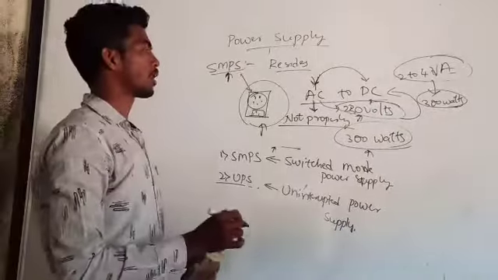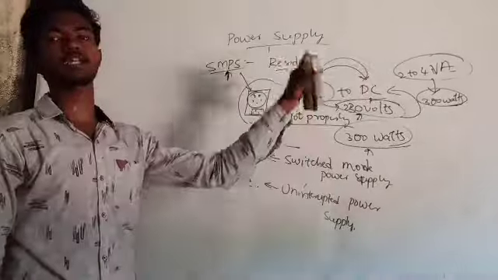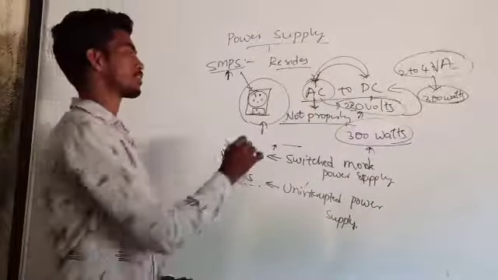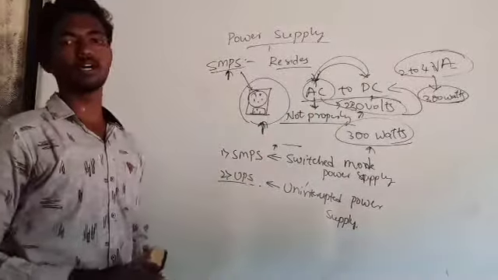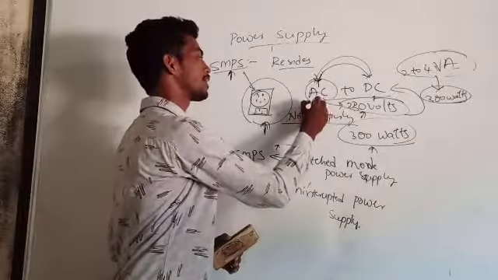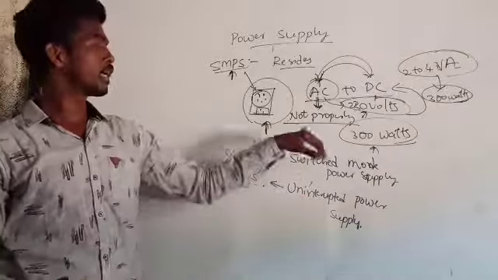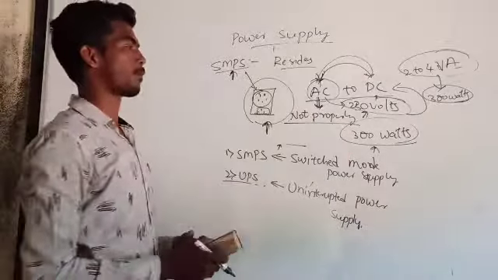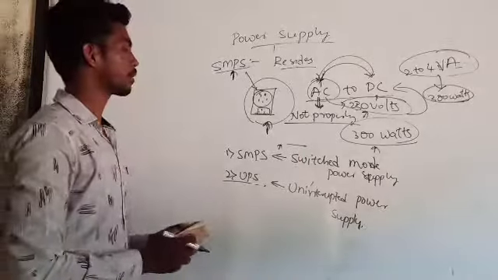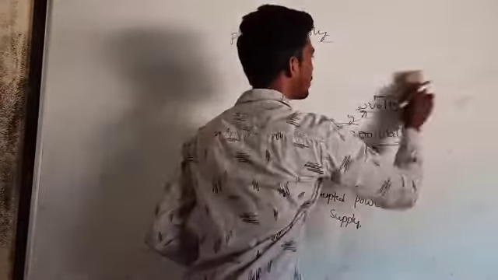This is what happens in an SMPS. You just have to remember one thing: it is used to convert AC current to DC current, and it resides at the rear end of the computer system, or the CPU, you can say. And when the DC current is provided to the electronic circuits, they work properly. This is the one thing you have to remember about an SMPS. Let us look at the UPS.